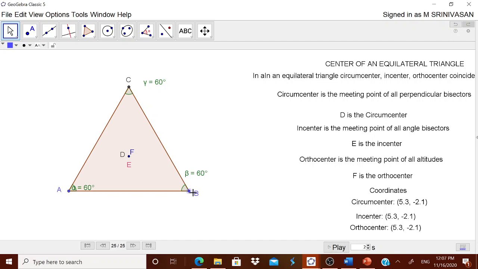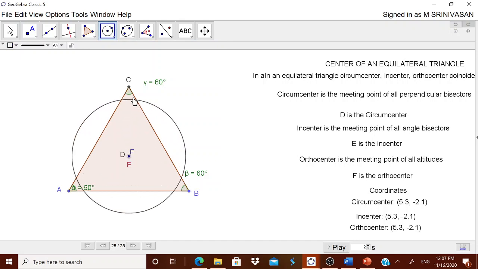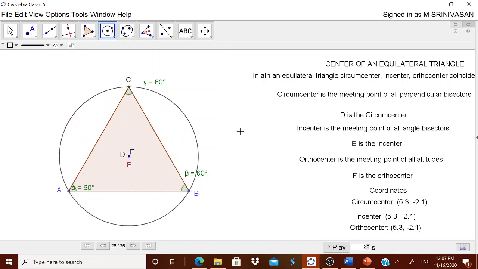They can visualize that this is called the center of the equilateral triangle. Now you can ask the children to draw the circle which passes through it, and you can ask them to draw the incircle also. Highly interesting. The circumcenter and incenter will have the same center. Okay, thank you friends. Let us learn to lead.